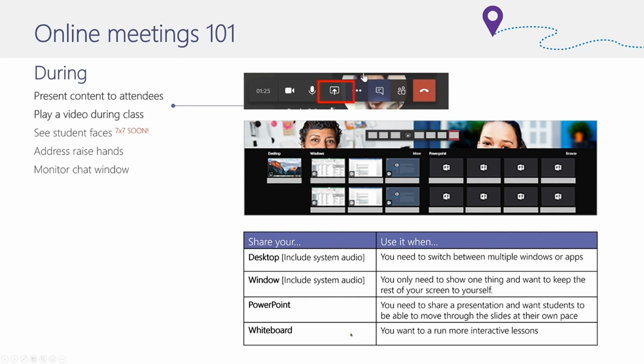And last but not least, you've got the option to use the whiteboarding. And there are a couple of ways that you can do that. One is to use the Microsoft whiteboard, and one of them is to use the Envision one that we're going to talk a little bit about later on, so that then we can use that particular program.